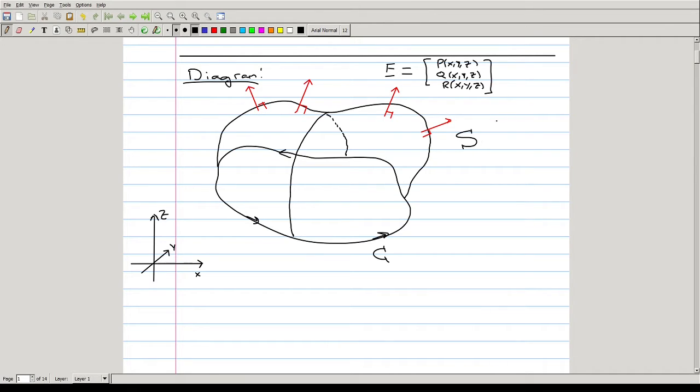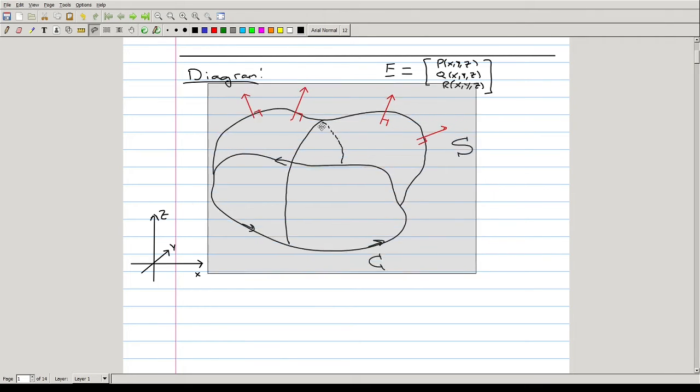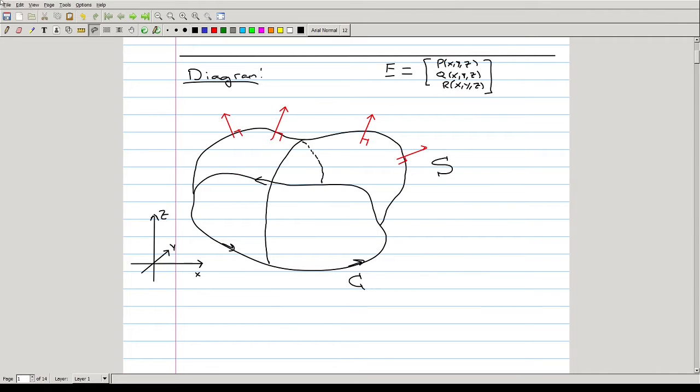And we know that we can take the curl of F as well. And just like before, I mentioned that the curl of F